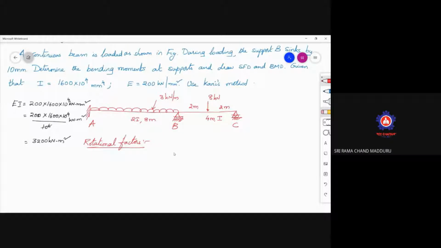So the rotation factors are calculated at joint B. So initially we are calculating at joint B. So RF